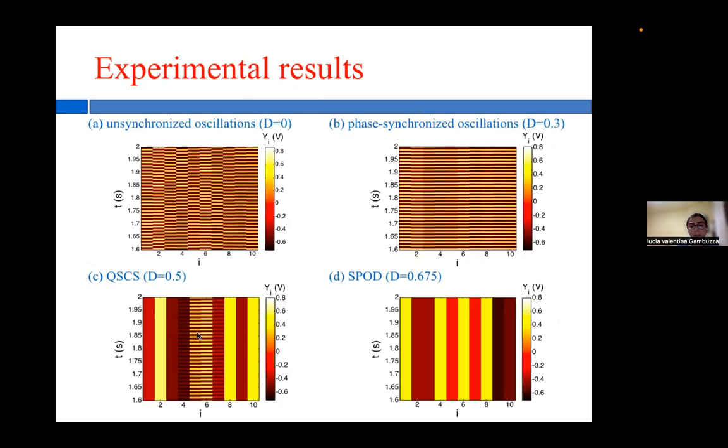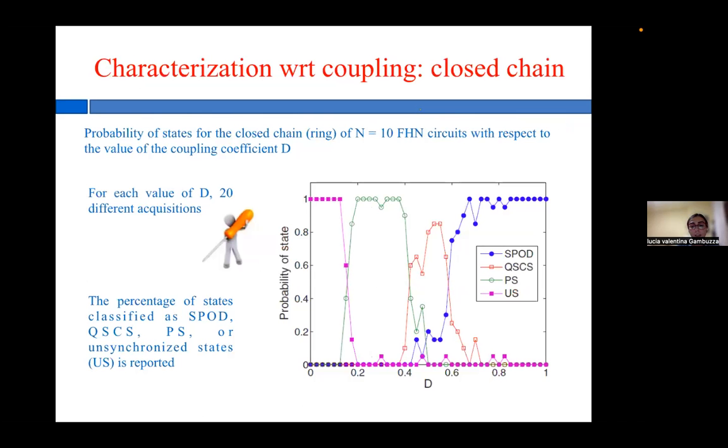Here are the four different chimera states, and here I have reported the behavior of the second state variable of the FitzHugh-Nagumo oscillator for each unit along the time. So this is just a portion of all the simulation of our experiment. And I just want to go to the end because here we have also characterized the presence and the concept